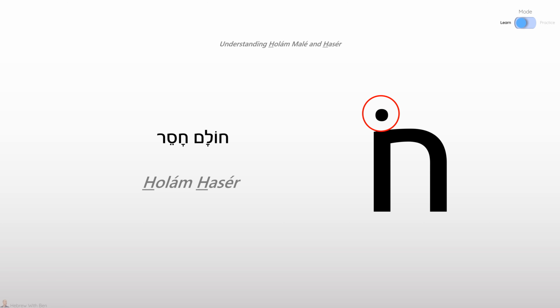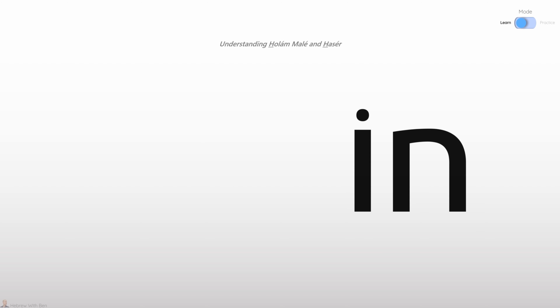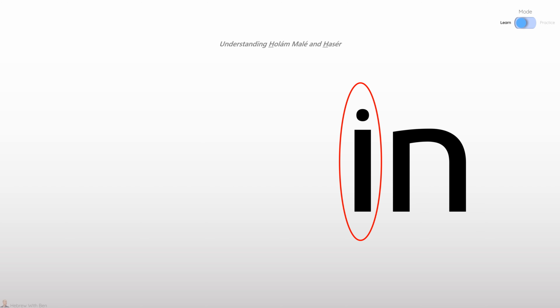In a second way, the cholam is represented by a dot on top of a mother of reading, like in the example you see on the screen. The mother of reading follows the indicated consonant, and it is usually a letter Vav. In this case, we call it cholam maleh.